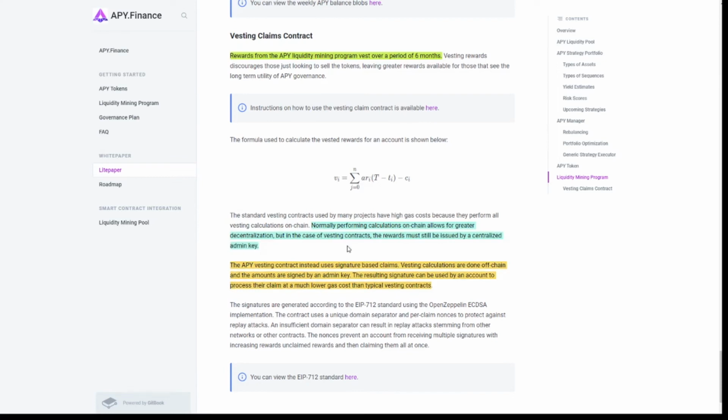So basically what this means, it is as soon as you want to claim your tokens, they basically have to approve it and confirm how many tokens you will get, which is happening centralized. So in a way, you're definitely trusting them that they will give the tokens that they promised to you. The good news is that the gas fees will be a lot lower. So people who are putting in a very small amount of money, they will not be paying so much gas fees because of this. So there's an upside and there's a downside.